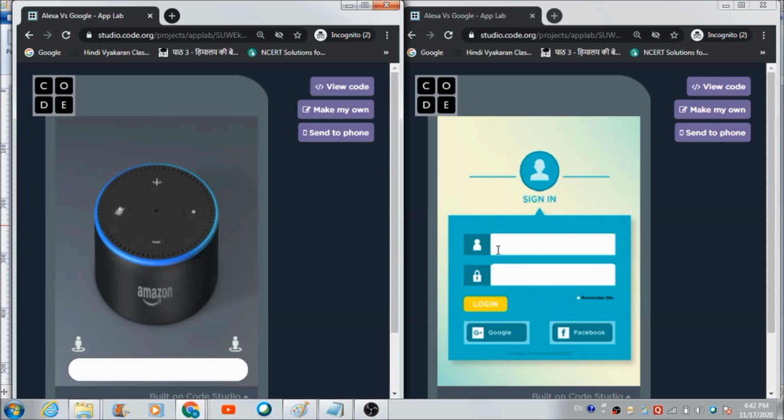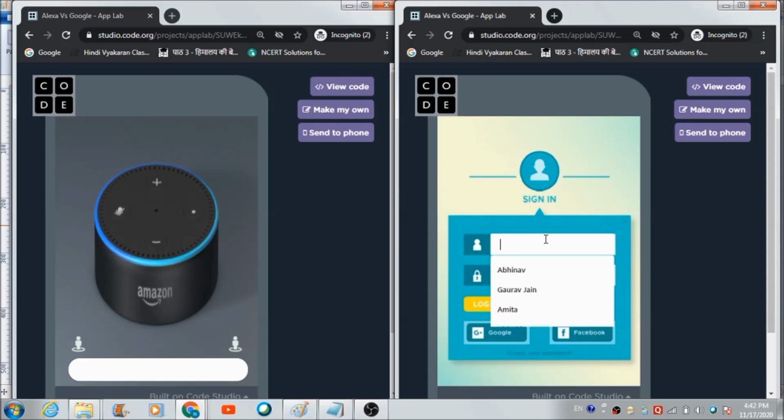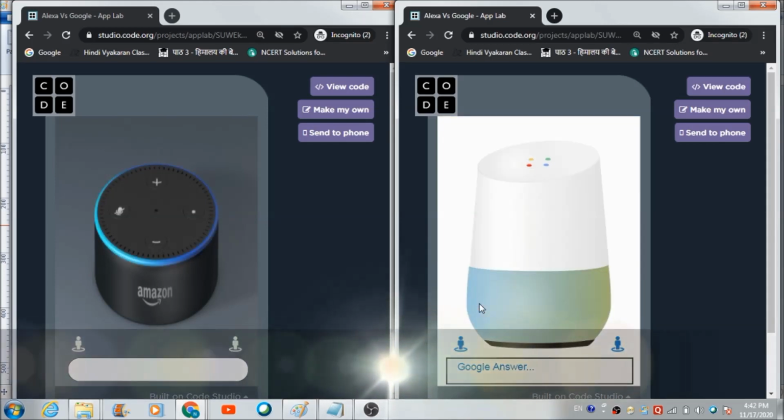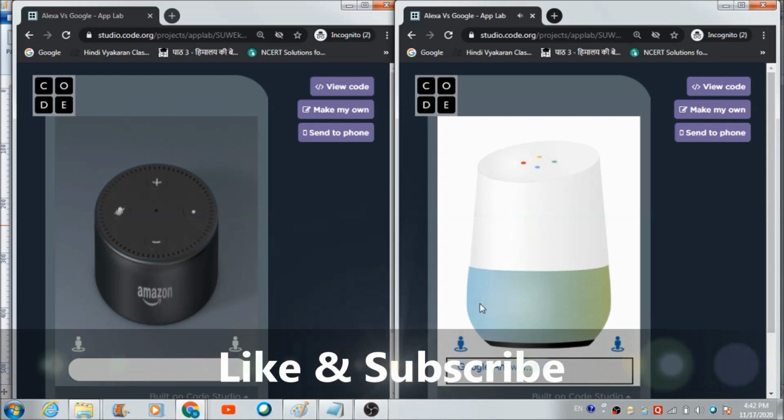Similarly, for logging in as Google Assistant, the user is required to type Google in both the username and password fields, and when he hits this login button, he is going to come across this screen.